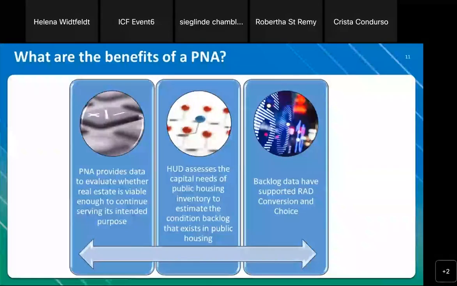Benefits, additional benefits, I would say, because the previous slide was essentially a benefit as well. The data points that you derive are enough to help serve the intended purpose of the housing. We always refer to it as providing healthy, decent, safe and sanitary housing. HUD in particular assesses the capital needs for the public housing inventory, and also the estimate on the conditions